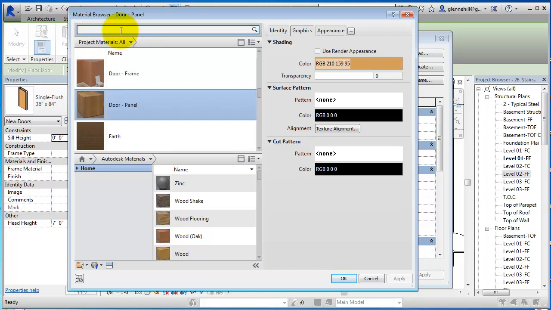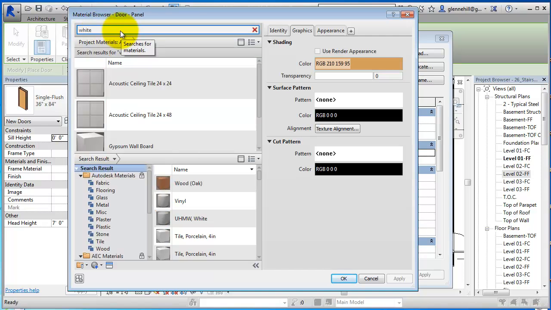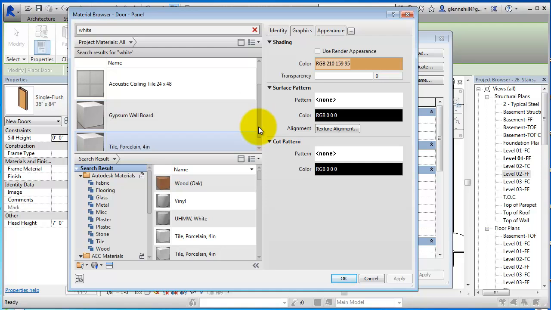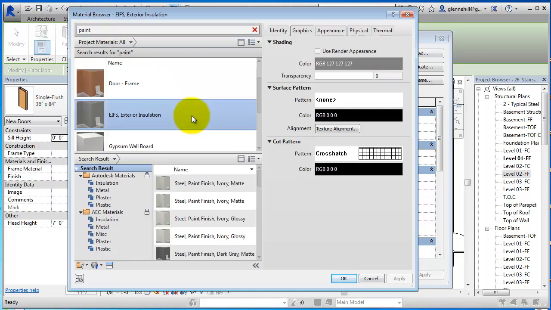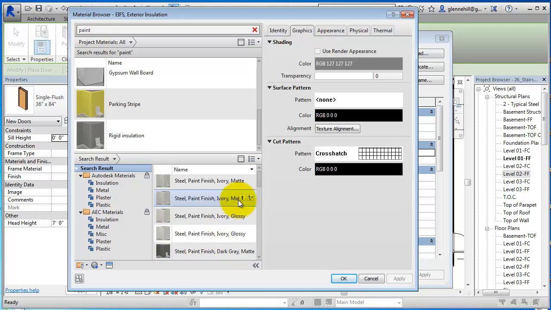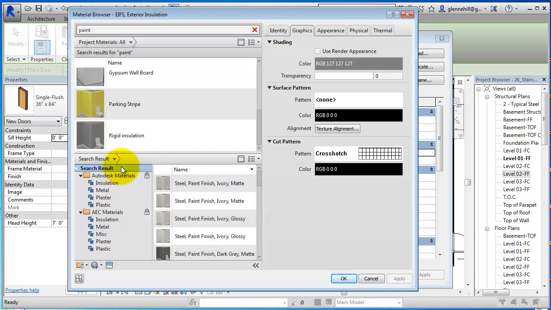go in and find a white gypsum board. That's not what I want. Porcelain, not really. Let's see what I have that has paint in it. Nothing that has paint. Oh, here we go. Here are paints. Now, someone asked me,